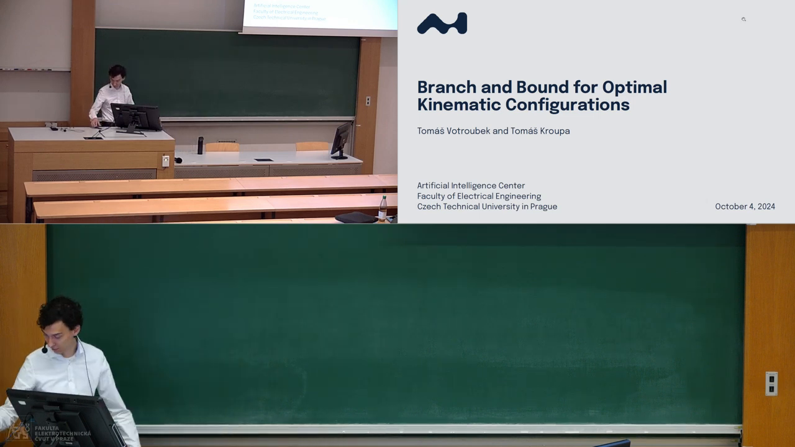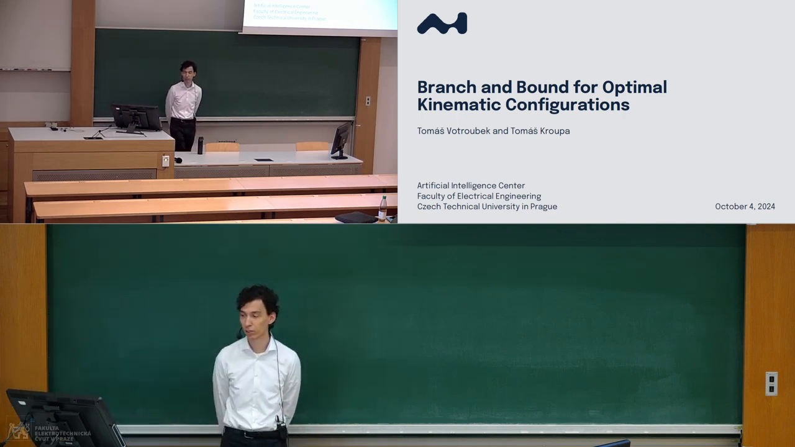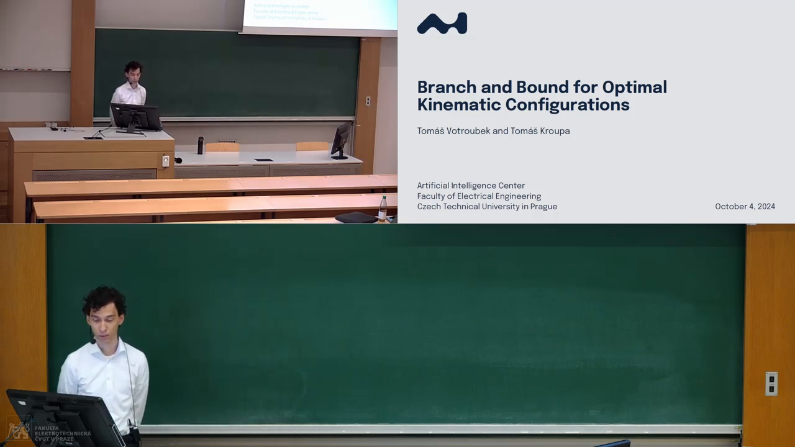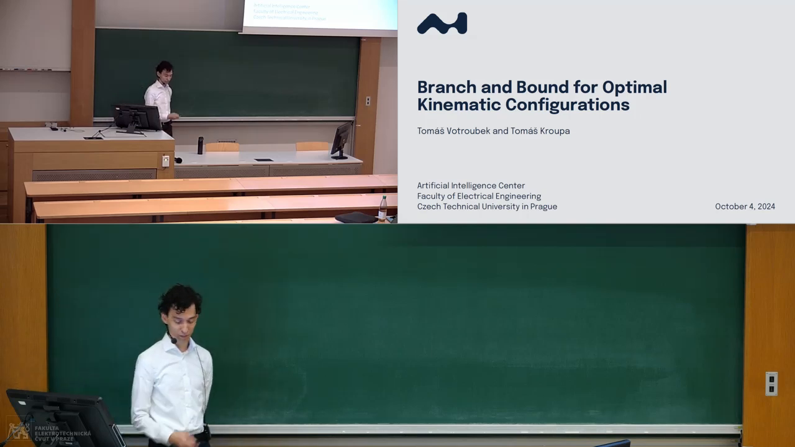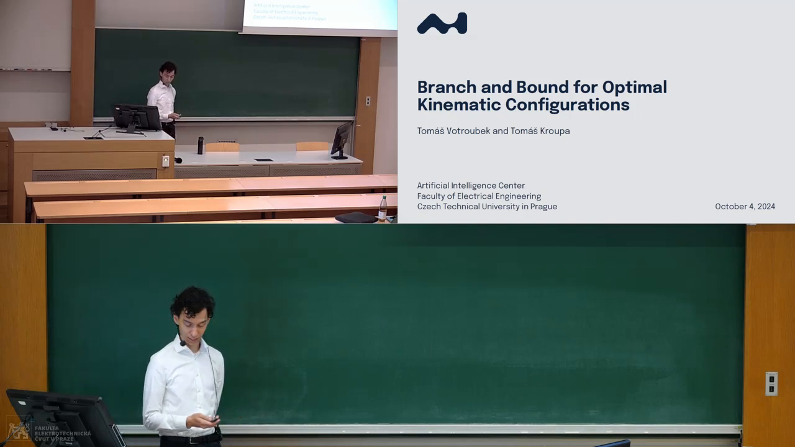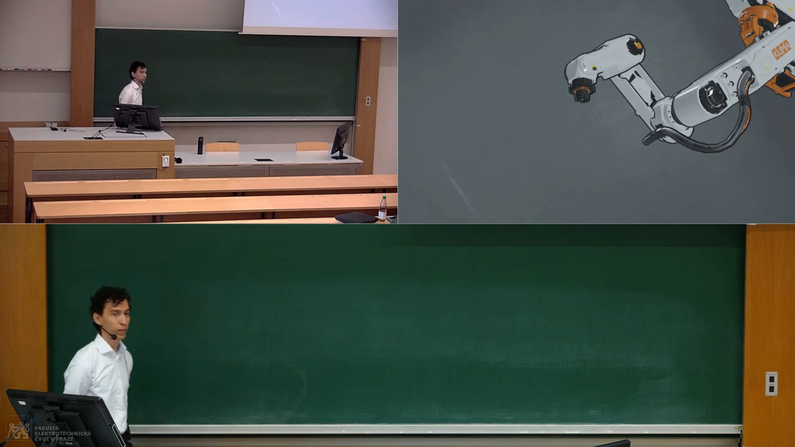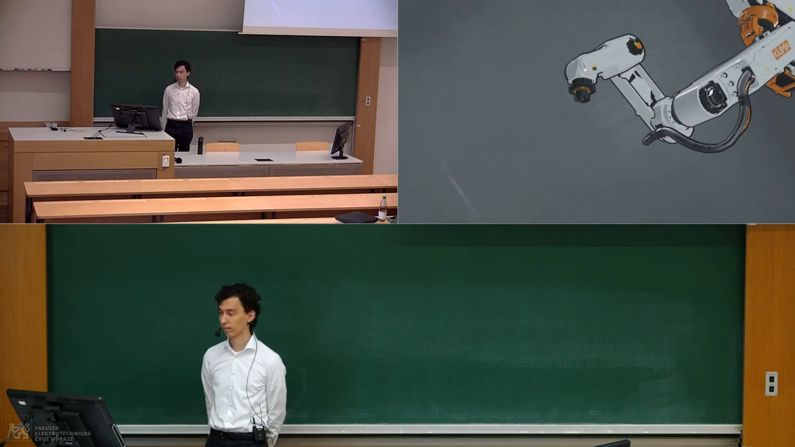My name is Tomáš Votroubek, and I would like to tell you about our result in robotics: solutions for inverse kinematics using branch and bound. We wrote this with Tomáš Kroupa, who happens to be a member of the committee, but don't let that worry you. Inverse kinematics is the task of computing control parameters, which bring a robot into a desired configuration